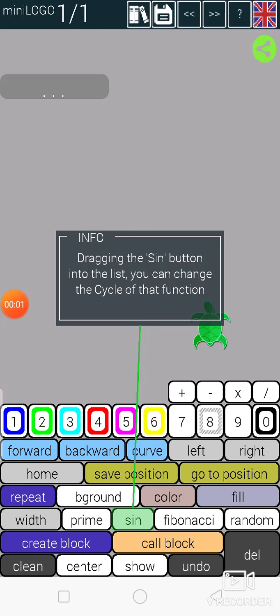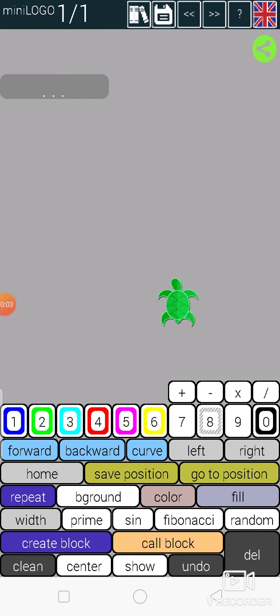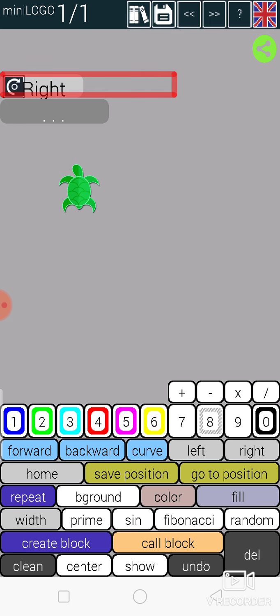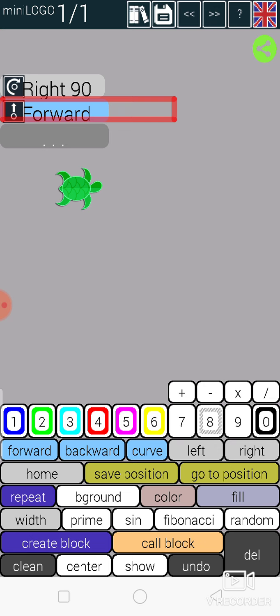Okay, so let us see how we can write the commands for the digit 3. Suppose my turtle is here, head is facing on the upward side as you can see. So I will give the command right 90. You can see the command on the red box. So my turtle head has moved right side. Further I will give the command as forward suppose 50.